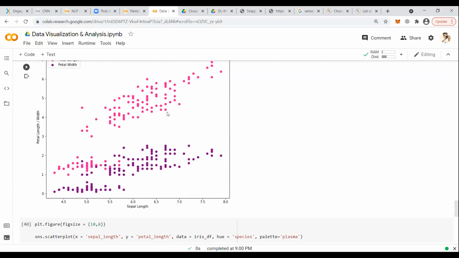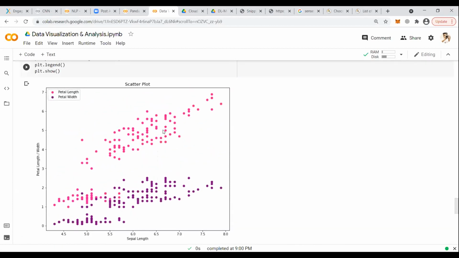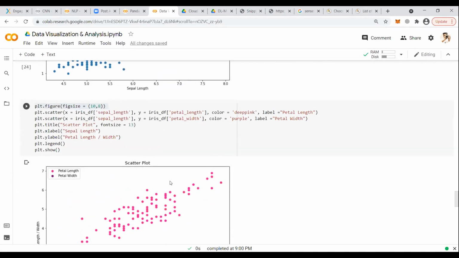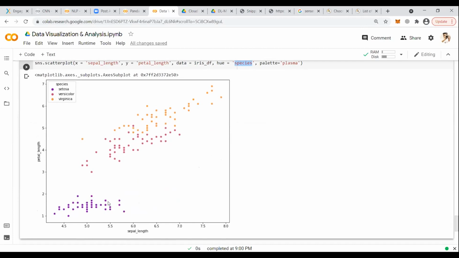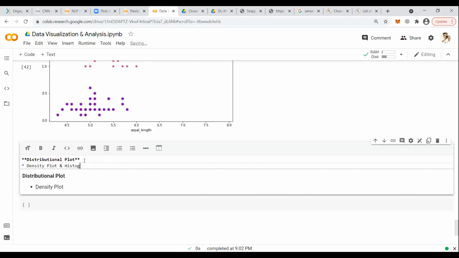In this dataset, it is difficult to make this type of graph. We have to do some slicing, we have to filter the data as per their category. But here it is pretty simple. You just write hue and automatically data will get split into 3 sections. And using color, it will highlight where those 3 categories of the species are in your histogram.